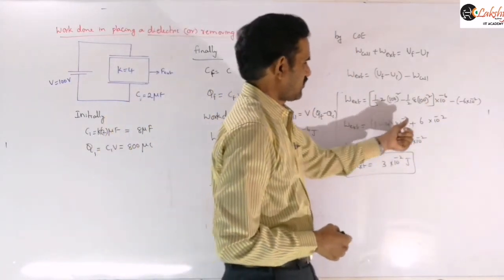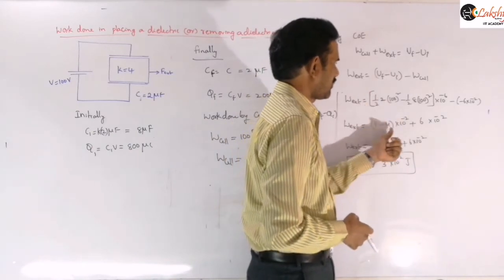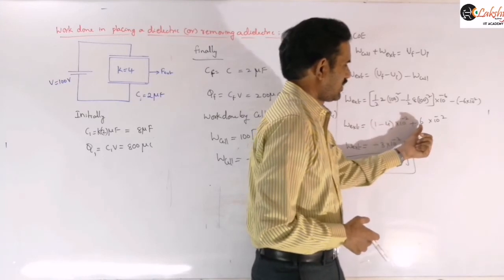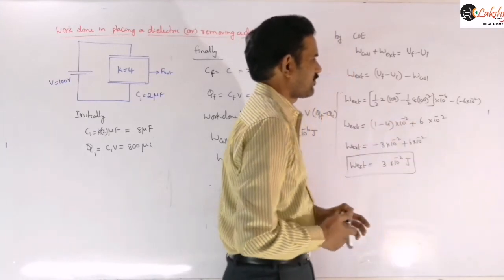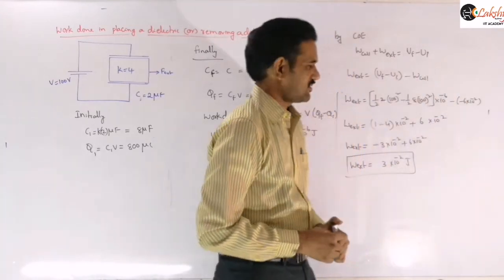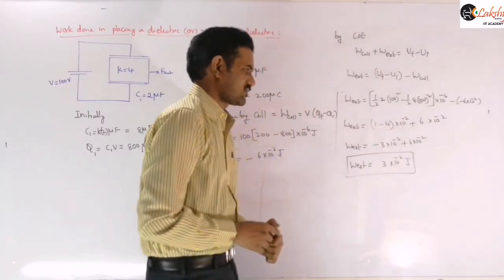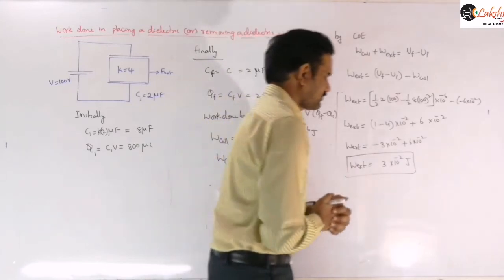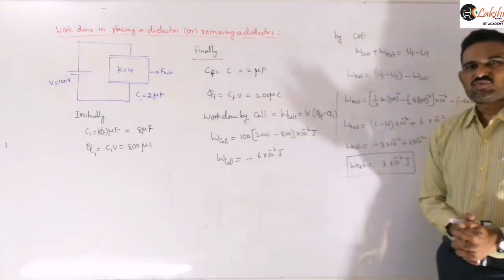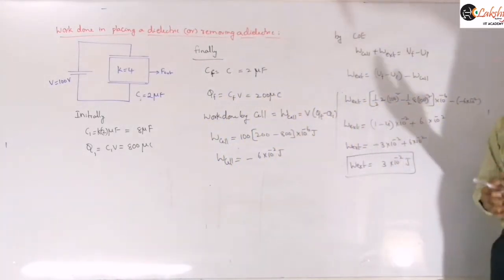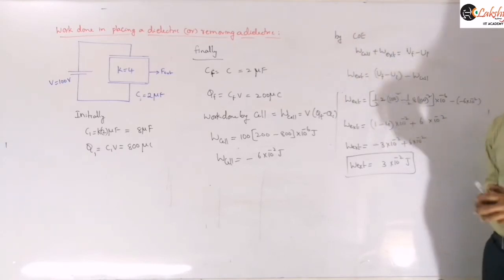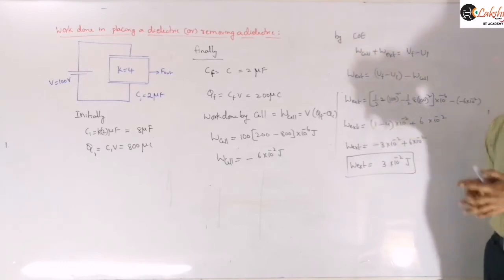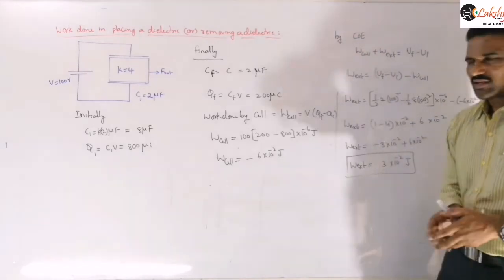So then you can simplify this equation, then here we will get 1 minus 4 into 10 power minus 2, this 10 power you can simplify there, and then here it is plus 6 into 10 power minus of minus, you will get that as plus. So plus 6 into 10 power minus 2 you will get. So then finally we are getting this work done by the external agent as plus 3 into 10 power minus 2 joules we are getting here, right? So that is the amount of work done in removing this dielectric here. So whether it is inserting or removing, the procedure is same. We need to apply this type of calculation only, right?